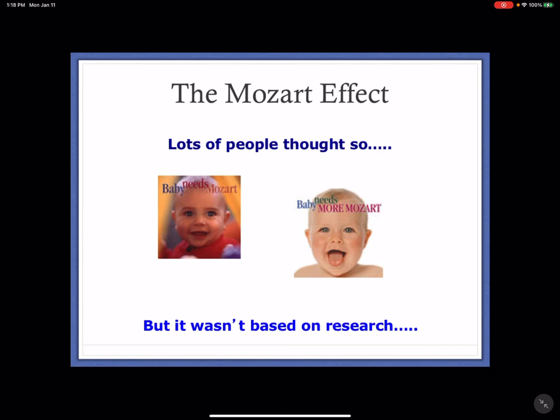Generally, when you try to apply a research finding to another group of individuals, you want to make sure that those individuals have something in common. And babies and college students don't have too much in common, besides the fact that they're human. But cognitively and how their minds work, pretty different. Second thing is